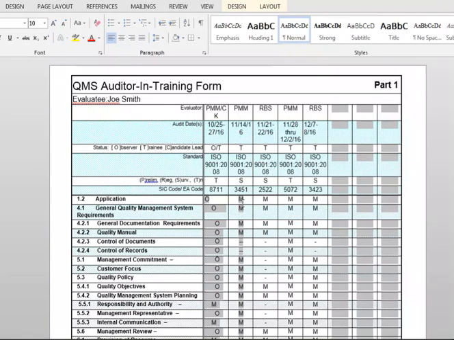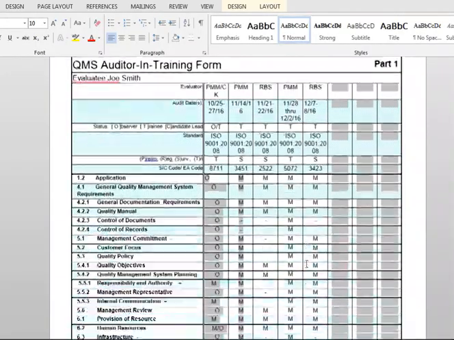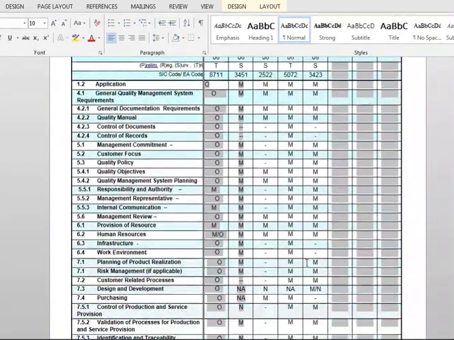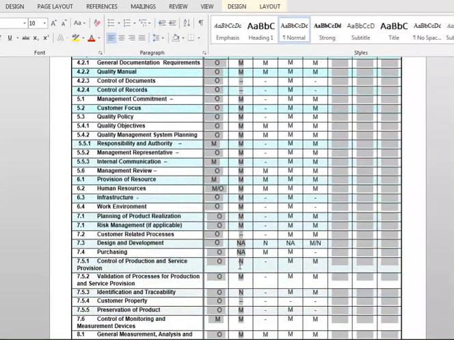The goal is, at the end of this audit experience, so this is the last audit this particular evaluee went on, that all these columns show M's. So here's got M's over here, these are M's, so he's looking very good. He has no needs improvement. Here, he had a needs improvement. This was his very first audit, so that's to be expected. But he improved and changed those N's to M's.